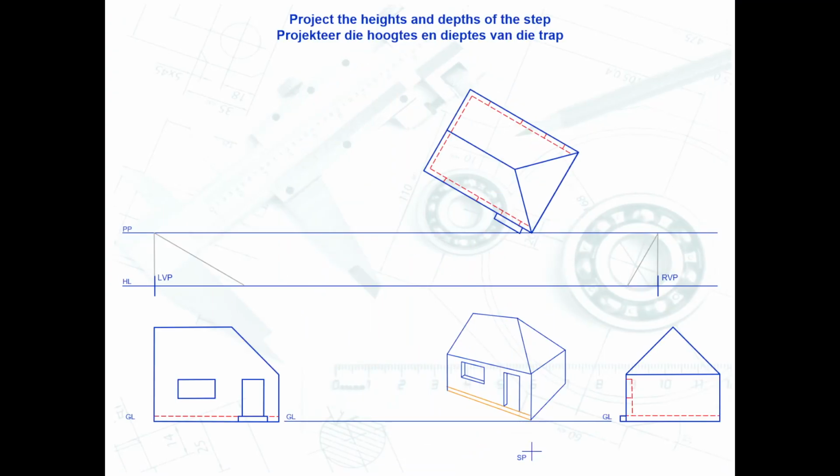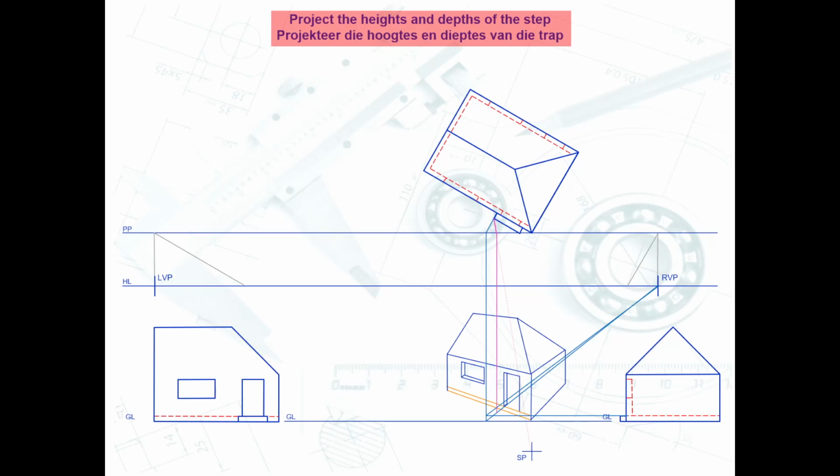Next we can project the height and the depth of the step. We first need to determine our height line for the step. I will project parallel to the sides of my walls, 90 degrees down till it intersects with the ground line. Project that point towards the right hand vanishing point. I'll project my height over from my front view, and that point will also be projected towards my right hand vanishing point where it intersects with my height line. To get my point in perspective, I will project towards the station point till it hits the picture plane 90 degrees down to get my 2 points on the left.